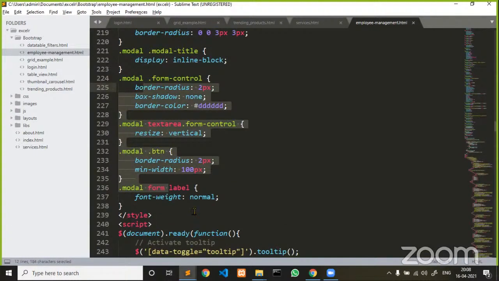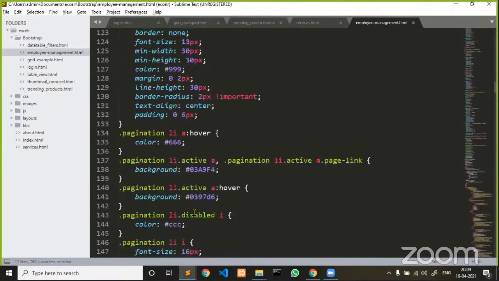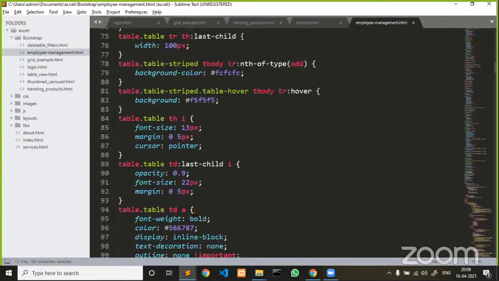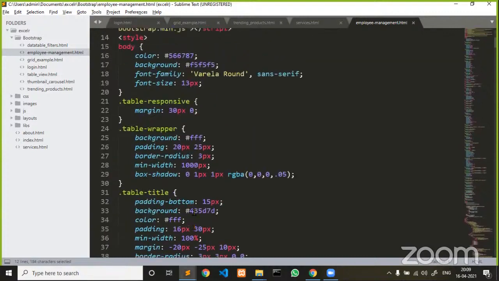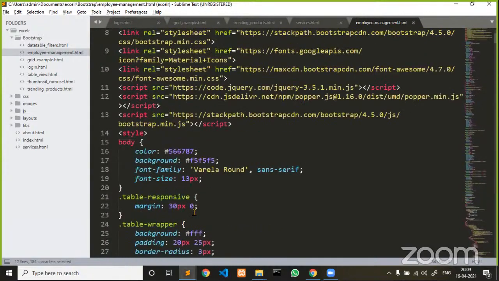So if you guys want to write this much code, first you should be aware of what features are there in Bootstrap. If you ask me to explain each one of them, I'm sure it is going to take too much time. So since we have a time constraint, let us focus more on how we are going to reuse the components which are there in Bootstrap to build our web page.